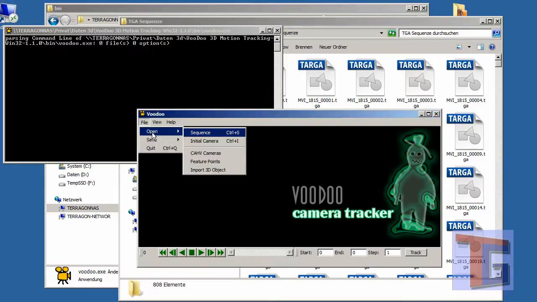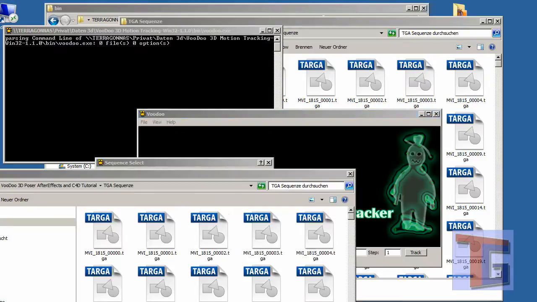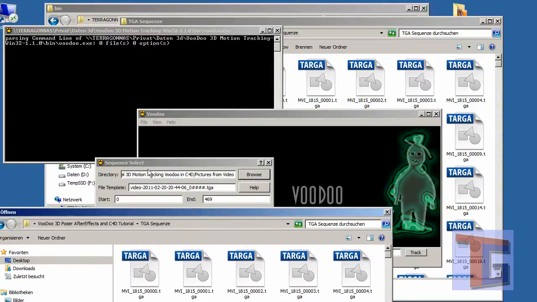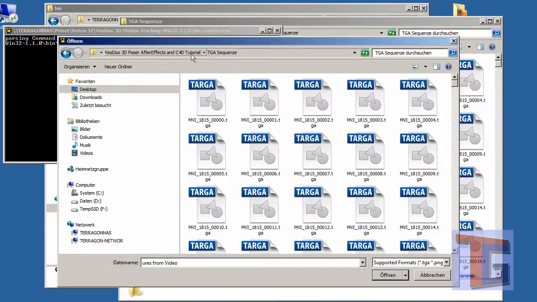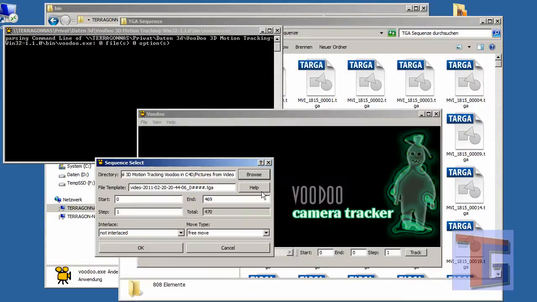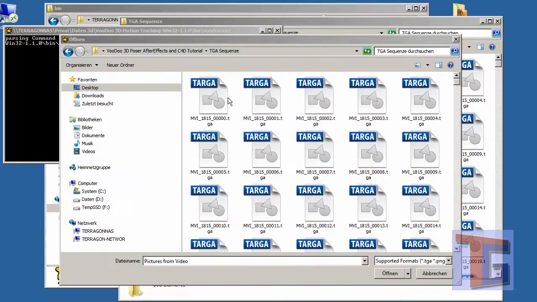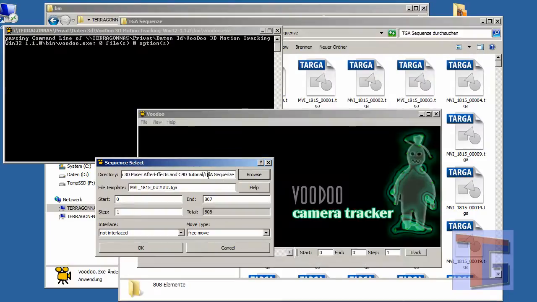Where we can open sequence, and here we have the select sequence, browse, and go to this folder. Wait a second. Yeah, where we select one, and he will automatically add the folder here. And he recognized how many frames we want to import. It's not interlaced,